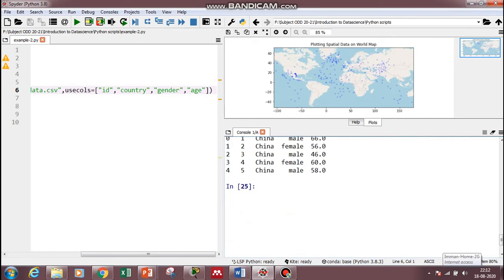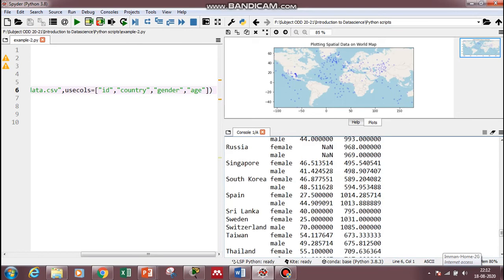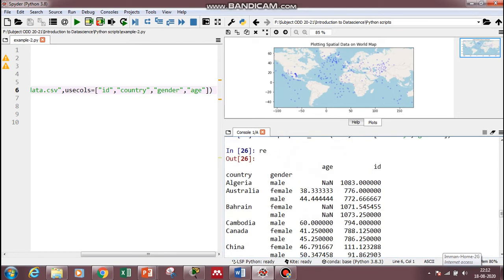Now you can also do the same thing. Okay, we can also run the same pivot table by including one more parameter, gender. So in every country, what about the male, what about the female? So now we'll just execute this. What is re? We could see that in Vietnam, what is the average age of a female, what is the average age of the male? So in every country, female and male entries are listed over here.